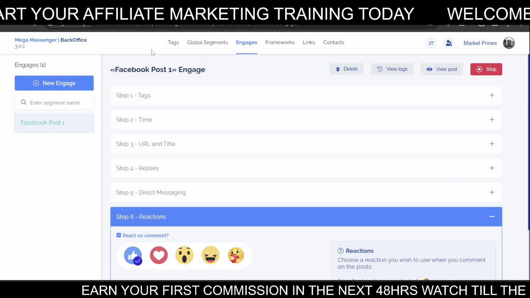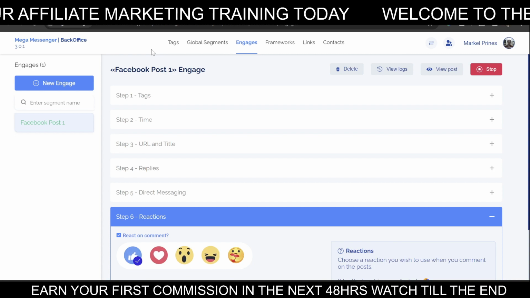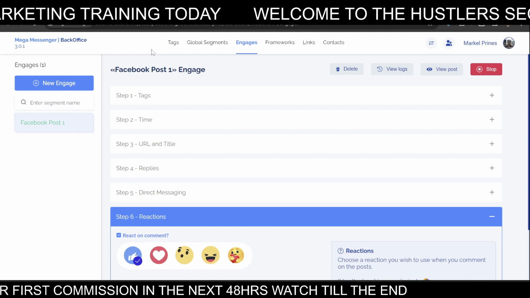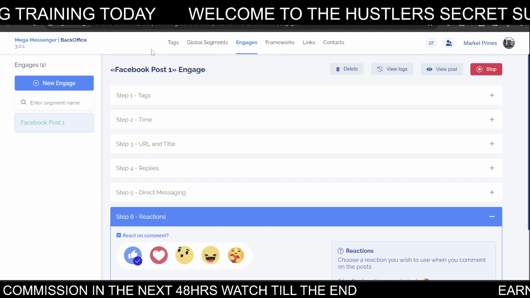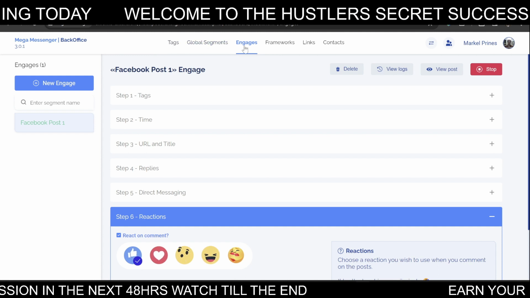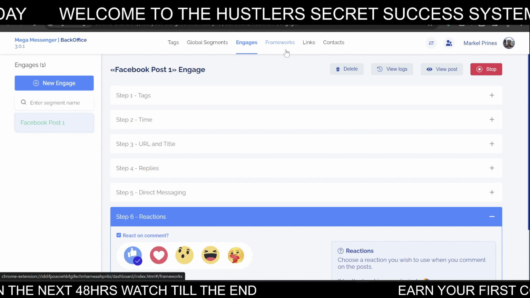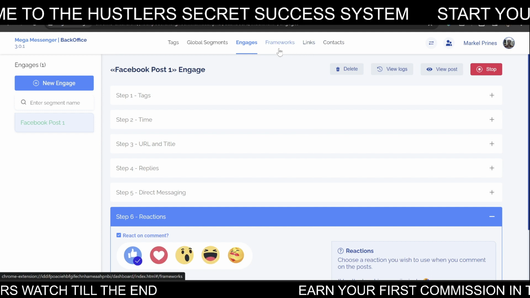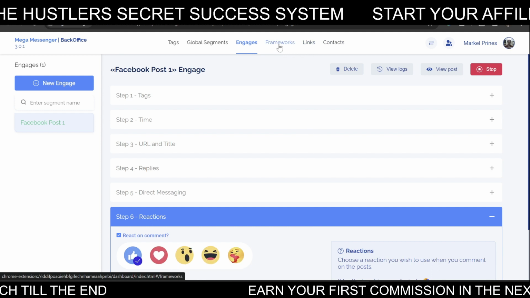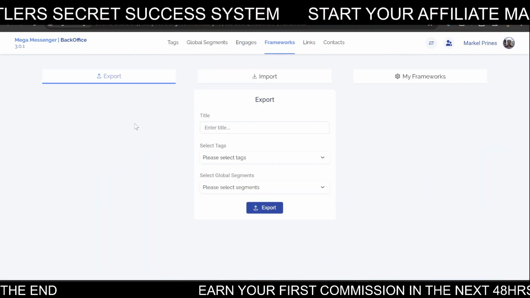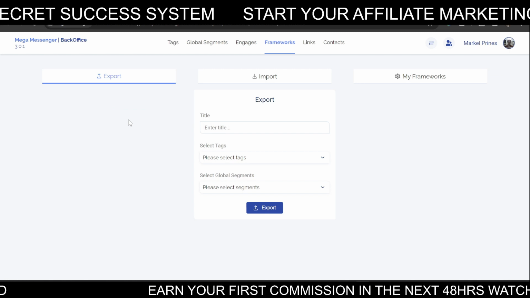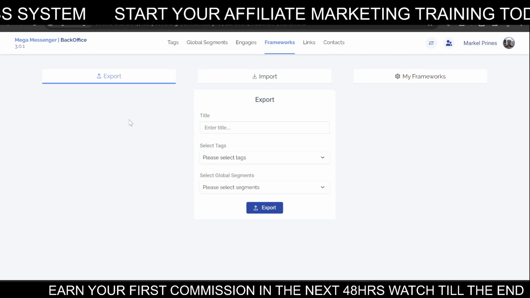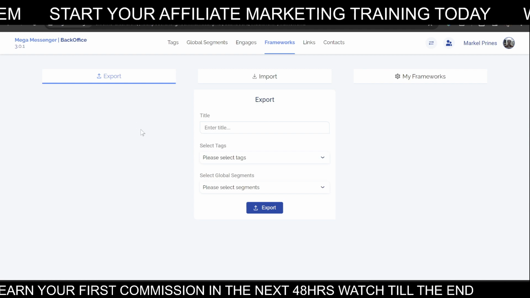And hopefully this has been helpful to give you guys an idea of the power of the Mega Messenger from OLSP. This right here is something that I'm going to be using, and I want you guys to really take your time to go over the different segments. I know there's a couple of other sections here, like frameworks, context we touched on, but since frameworks is such a small section right here, let me just get to that. You may not use this a lot, but depending on if you're building a team or building a big business or trying to share information with other people, you may use this